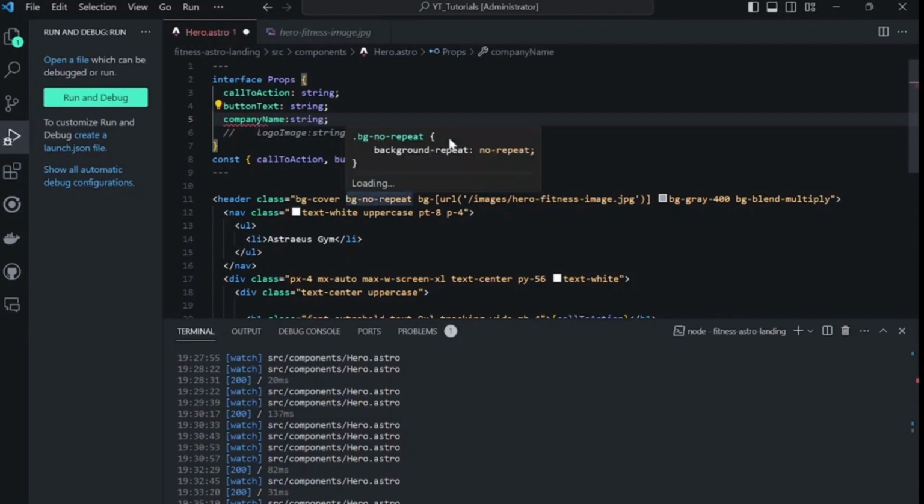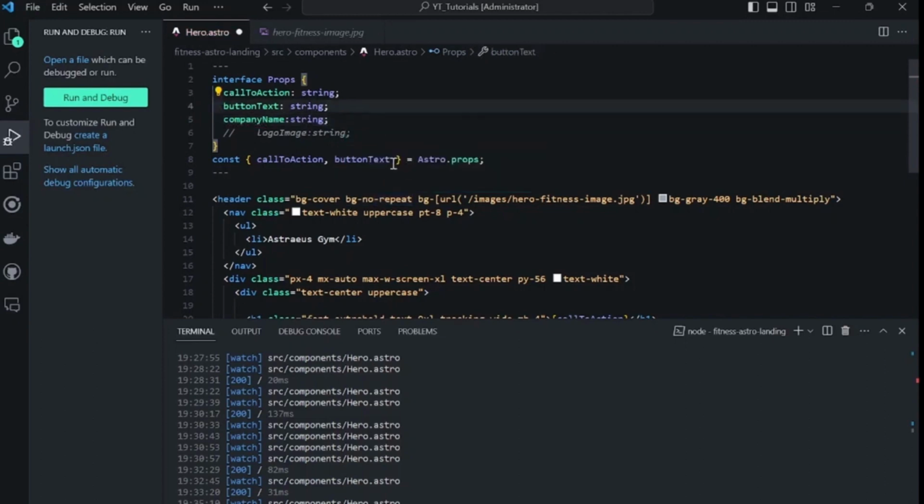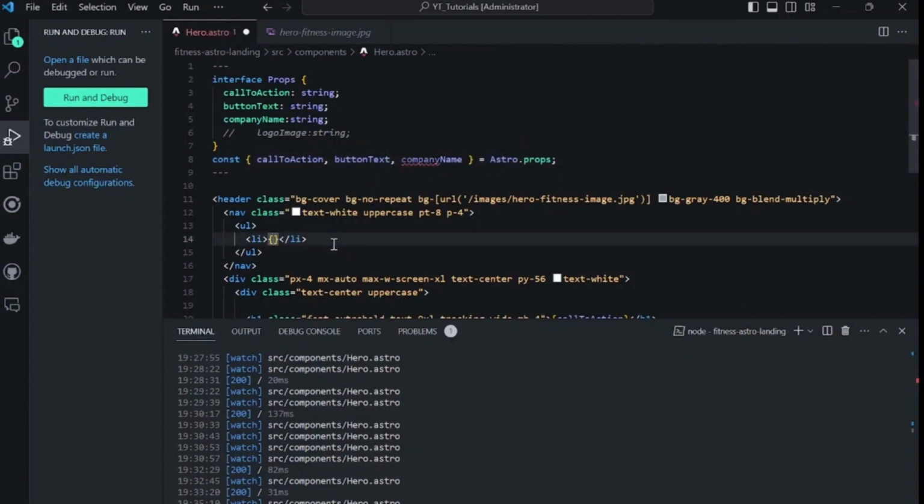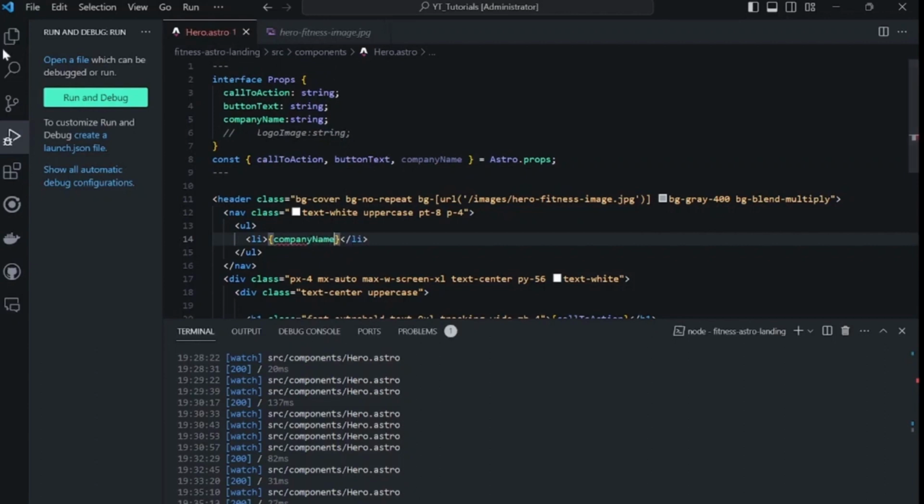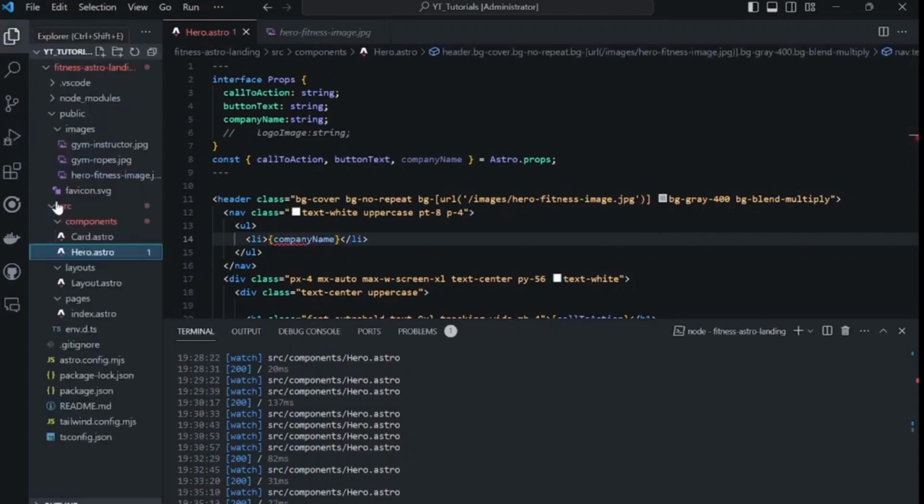And then obviously whenever you do that, it's always good to deconstruct it as well. And instead of Astro Gym here, you can cut that and put company name. You can save that, and we will have to go into the